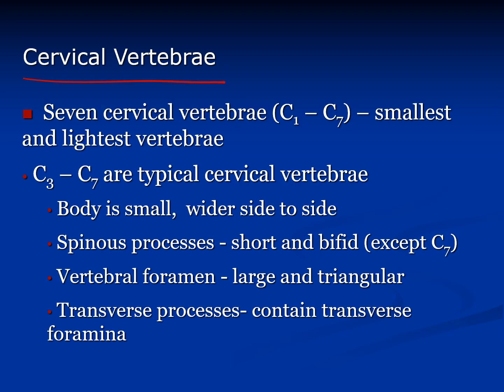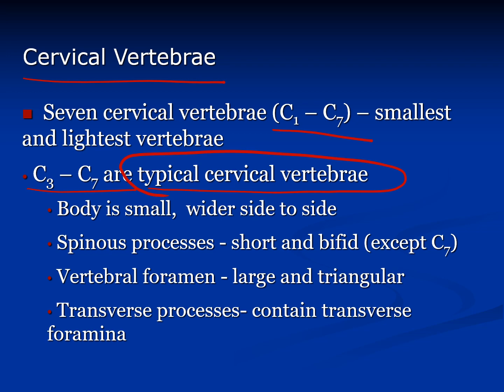So we'll start with the cervical vertebra. Usually they give the abbreviation C1 to C7. They are the smallest and the lightest vertebrae. Usually C3 to C7 are considered typical cervical vertebrae. They have bodies, a vertebral arch, a spinous process, and a transverse process, and cranial and caudal